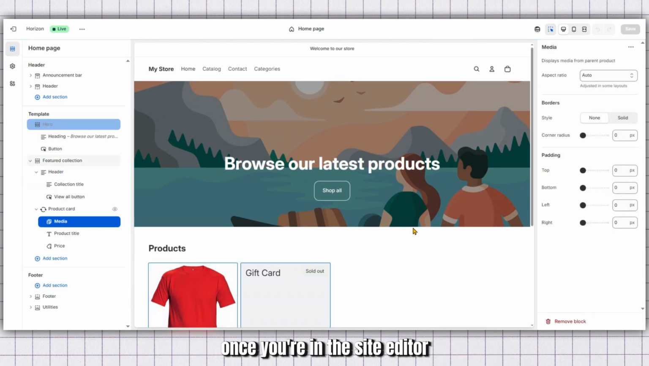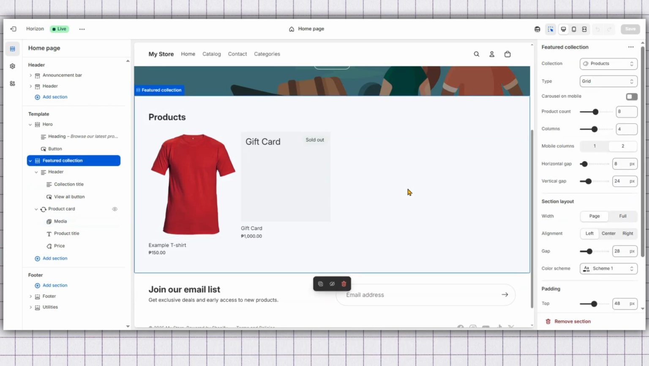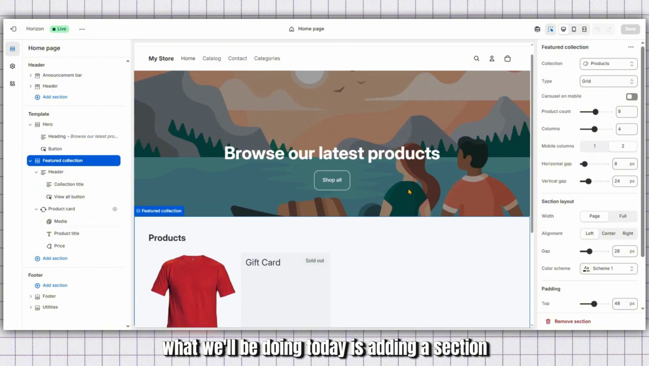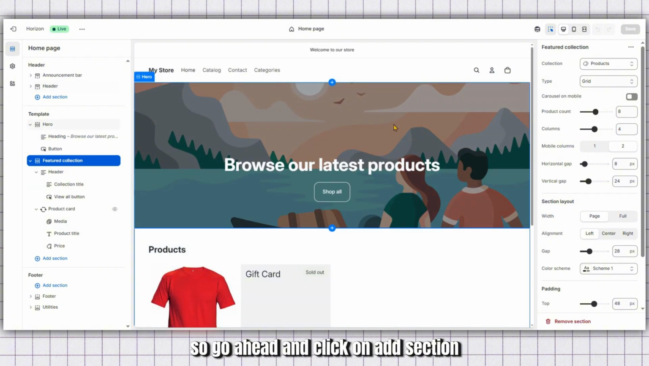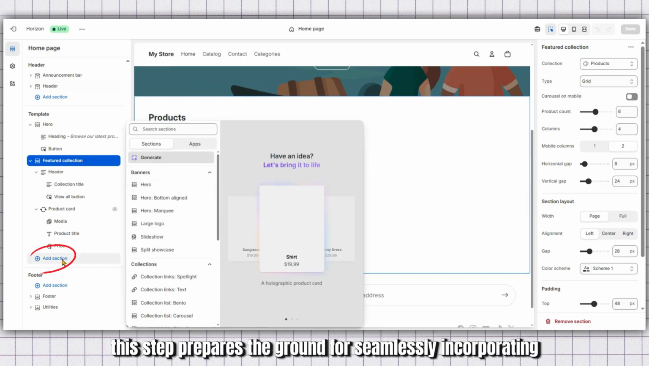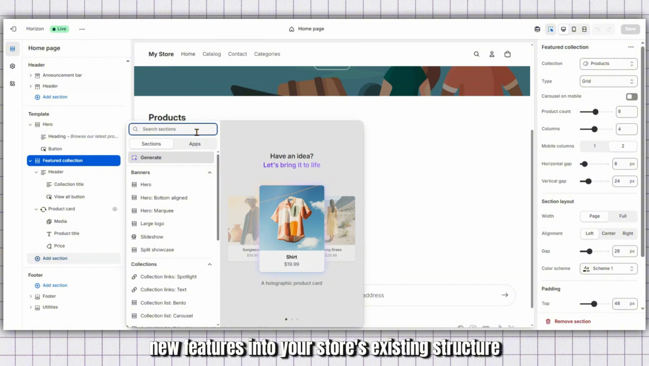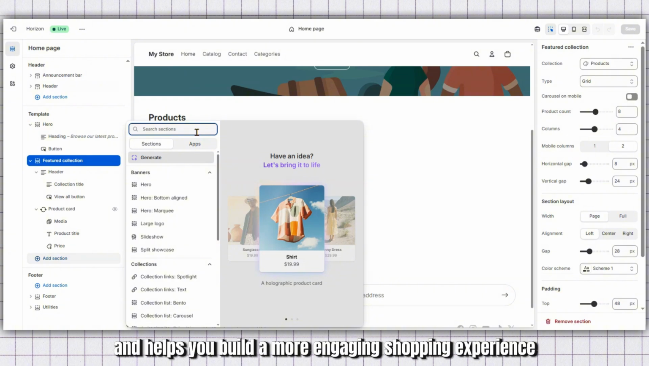Once you're in the site editor, you'll see a variety of options to modify different aspects of your store, including your homepage layout, product pages, and theme sections. What we'll be doing today is adding a section, so go ahead and click on Add Section. This step prepares the ground for seamlessly incorporating new features into your store's existing structure and helps you build a